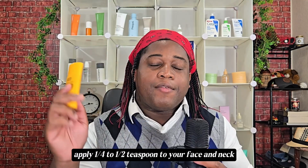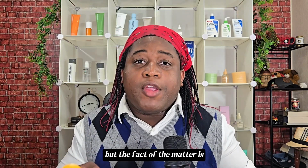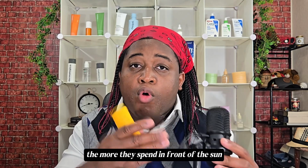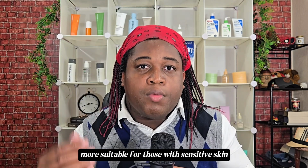Apply a quarter to a half teaspoon to your face and neck, and reapply every 2 hours. It is exhausting, I know, but the fact of the matter is, no matter what sunscreen you're using, all these filters degrade over time the more they spend in front of the sun. Now, if we were to compare chemical sunscreen with mineral, mineral sunscreens are arguably more suitable for those with sensitive